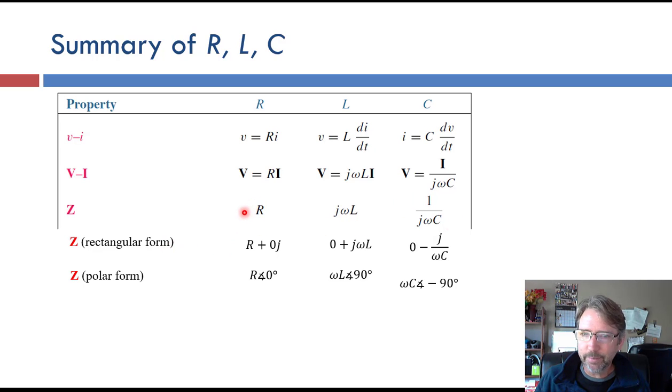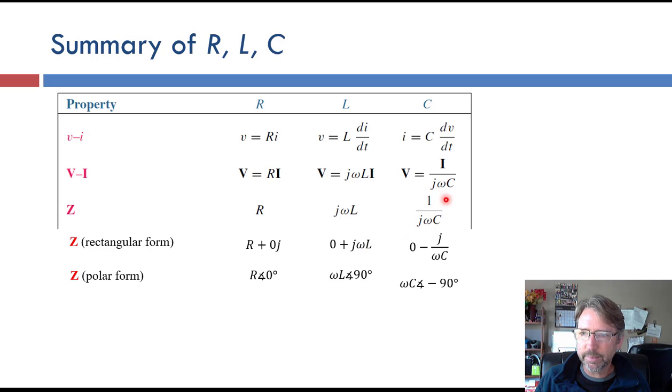They're already kind of in the rectangular form, so R plus 0 times j, because it's entirely real, for the impedance of a resistor, 0 plus j omega L for the inductor, entirely on the imaginary axis,